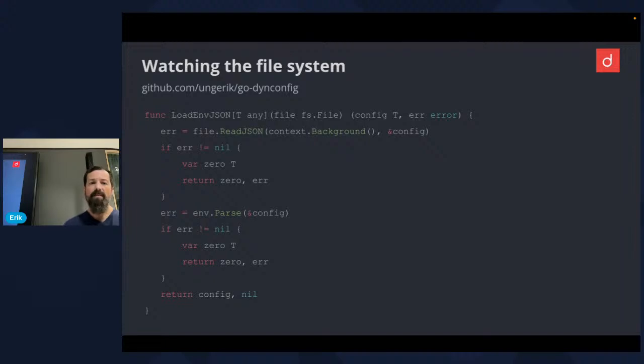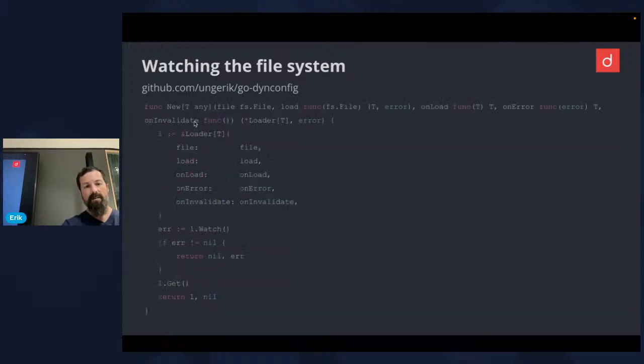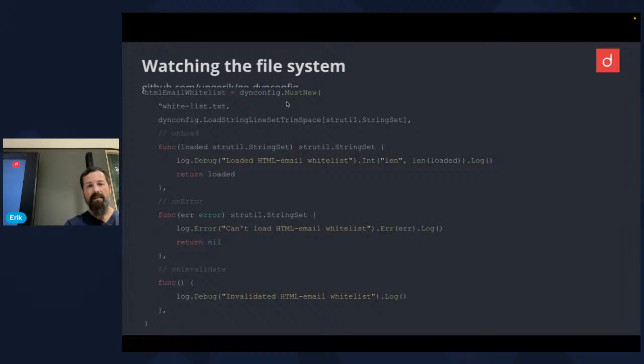And here is such a loader implementation that just loads a JSON into some type, then overrides what was loaded with environment variables, if there are any, and then returns the thing. With such a simple function, you can create this whole machine that loads your configuration on demand, gives you the templated type, does everything in the back, and the whole thing is thread safe.